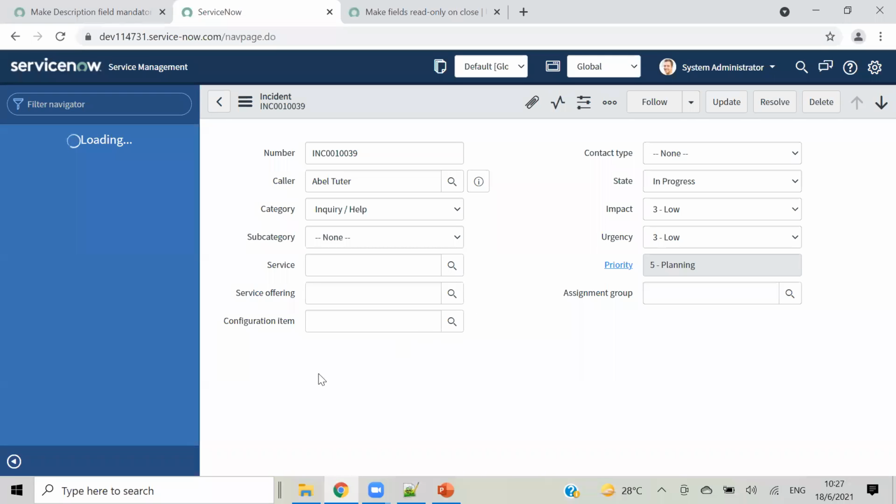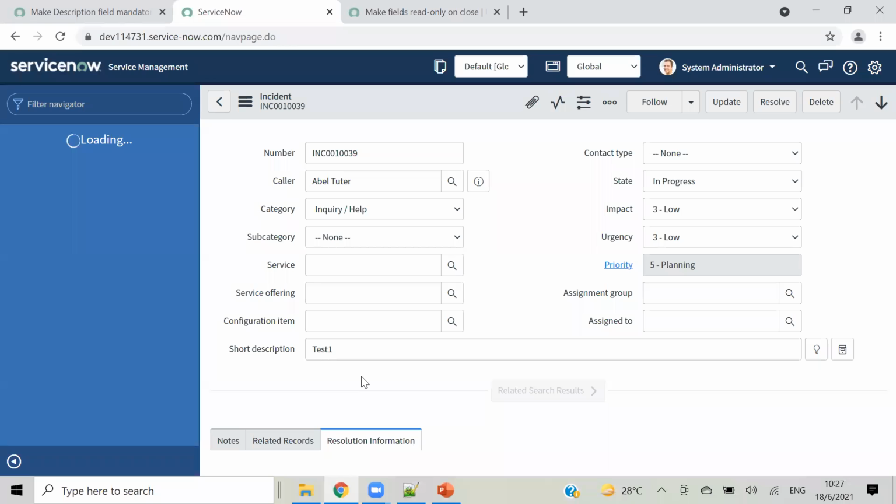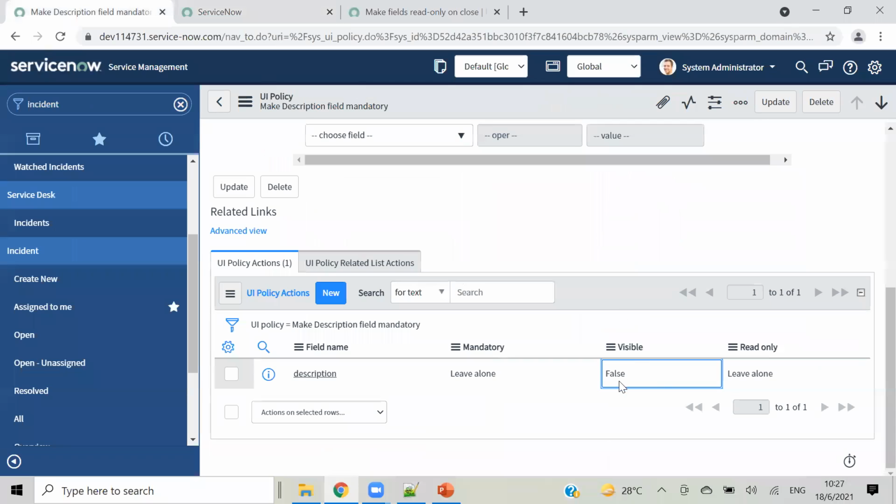Yes. And now you can see that description field got disappeared. Okay. Because here we have set visible as false.